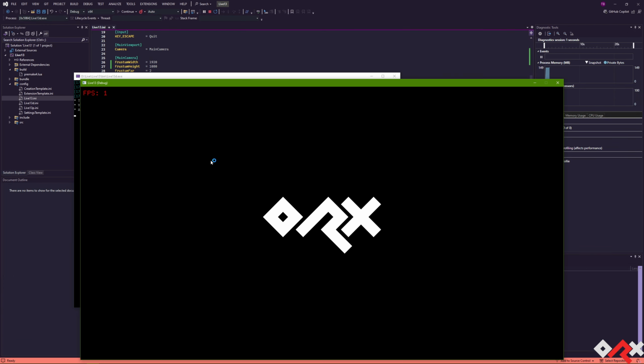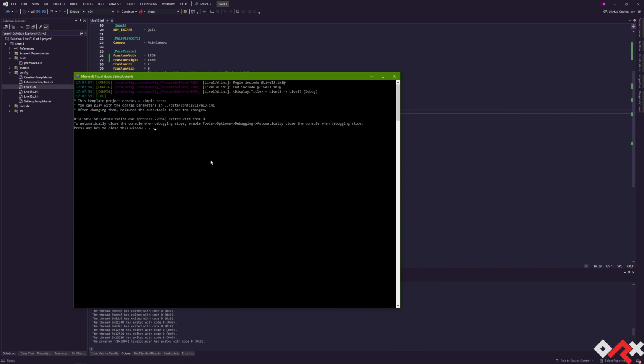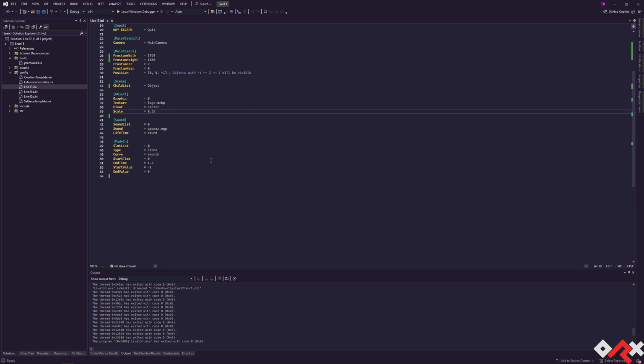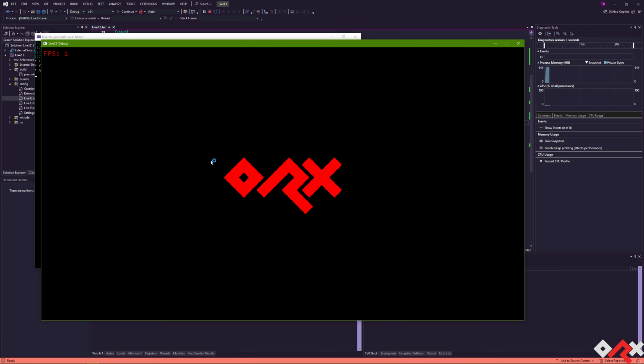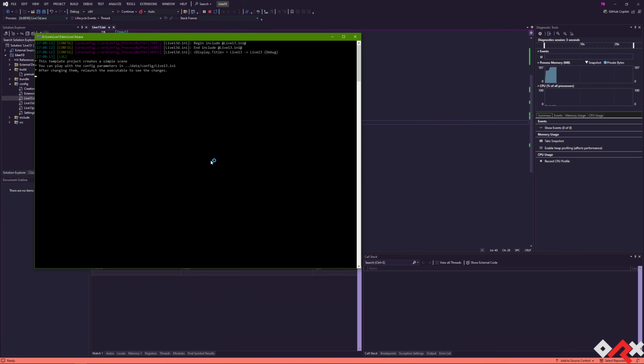So by default, we should get a white object. And if we were to put a color, let's put a nice red in RGB space. We have a red object. And